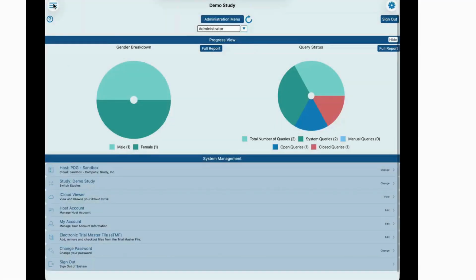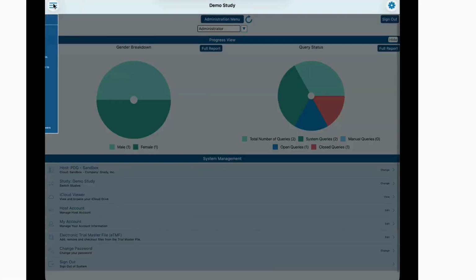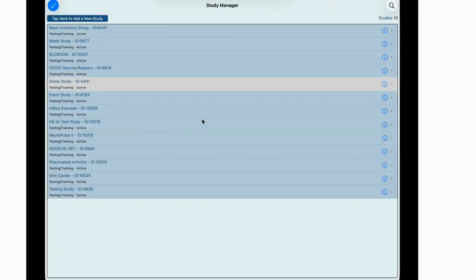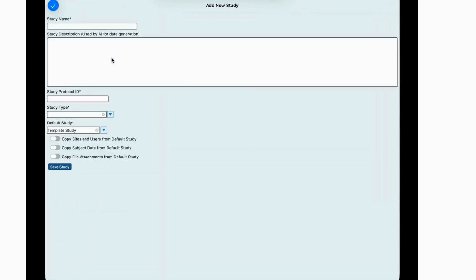In this AI study building demonstration, we are going to start off by creating a new blank study. This will show how easy it is, even without AI, to instantly create a study from an existing template in seconds. In this case, we are copying a blank study template so we can build from scratch using